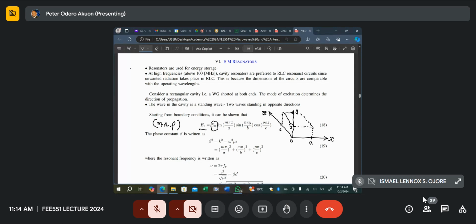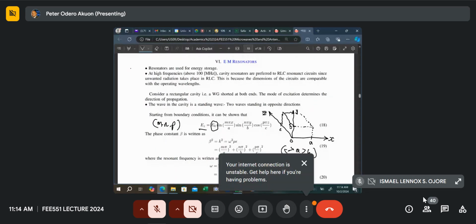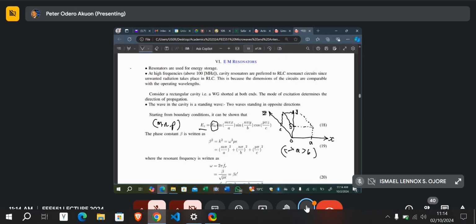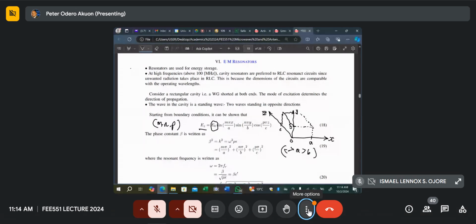And here we will take C to be more than A, but we had agreed that for our designs, A is more than B, in the hollow structure. So in this case, it will be C more than A, that is more than B. Okay. So this is how the propagation is defined within